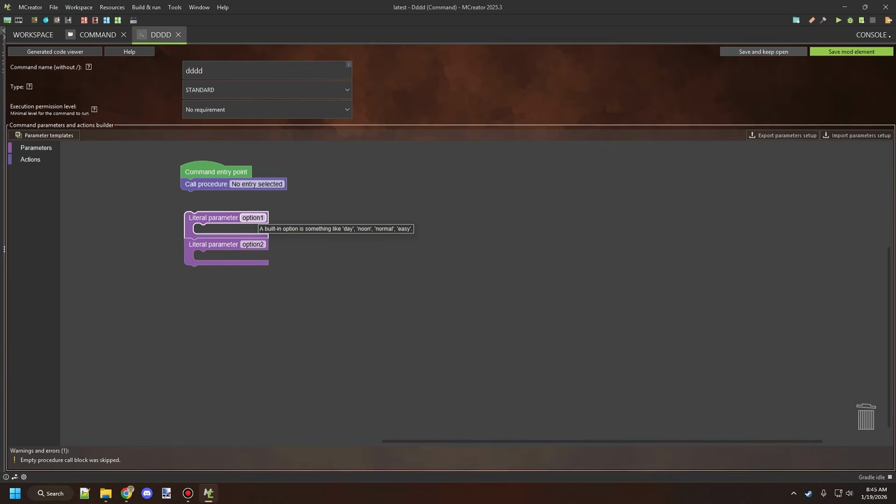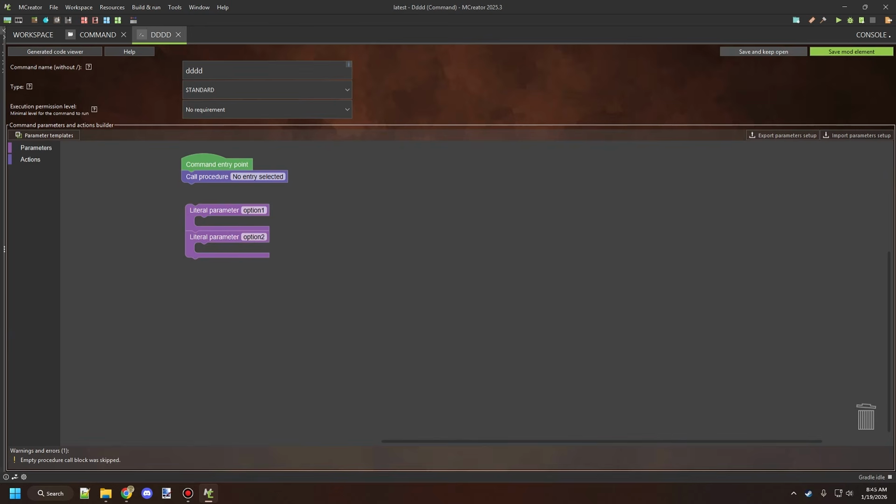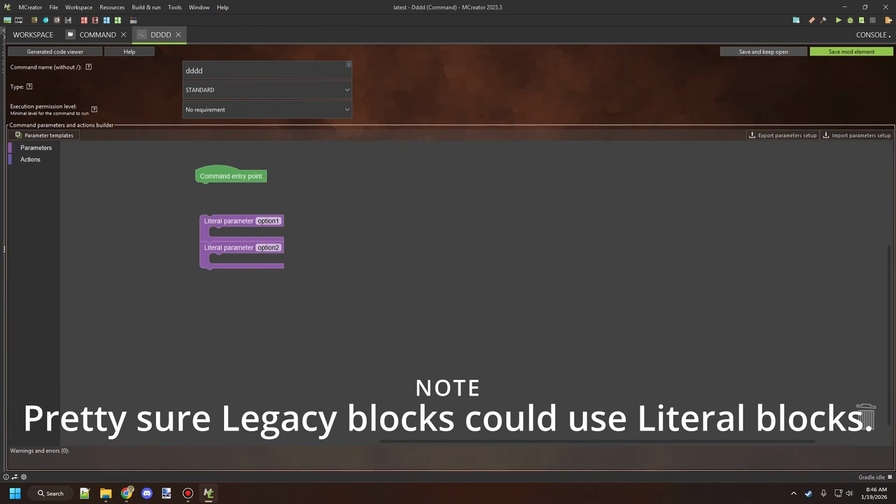The literal value of this parameter will be either option 1 or option 2. This will be like a drop down or selection list when you're actually running your command, and then you can have separate things based on that. This doesn't actually return a value that can be used, but it is really useful for separating commands and stuff like that